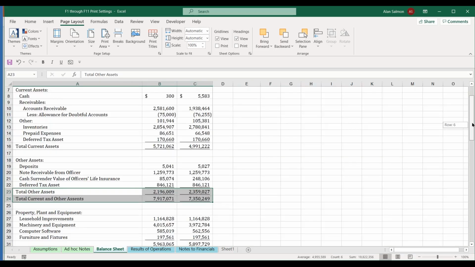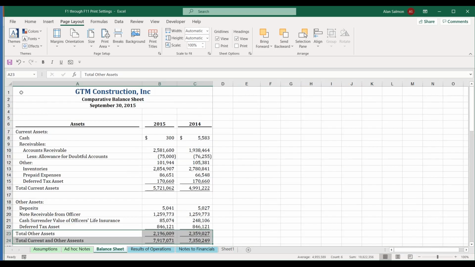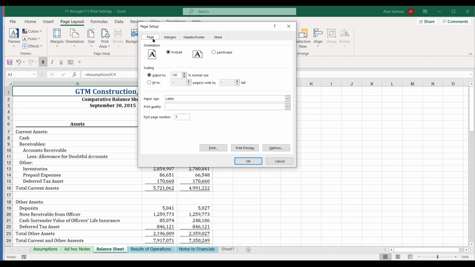Let's go back up at the top. And again, let's click on here. And let's go to the page and come down here into scaling. So I could play with the scaling, adjust to 100%, 90%, and so on. Or I can go down here, fit to 1 page wide by 1 page tall. And in most cases, it will print beautifully on 1 page, and I will need a high-powered magnifying glass to